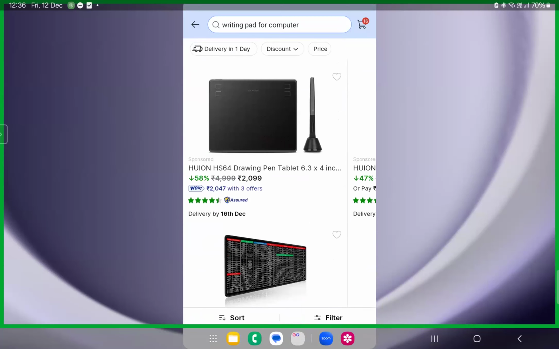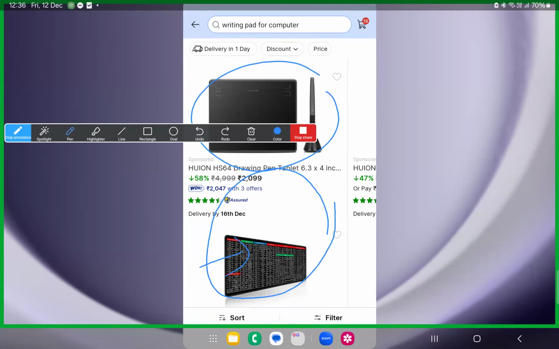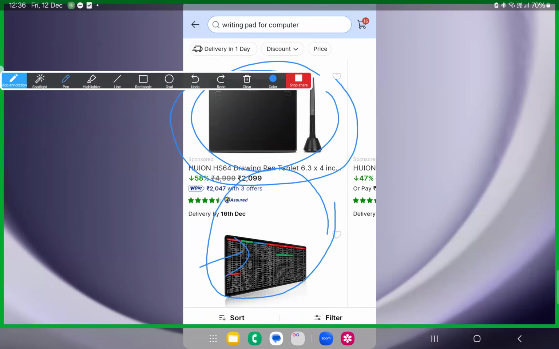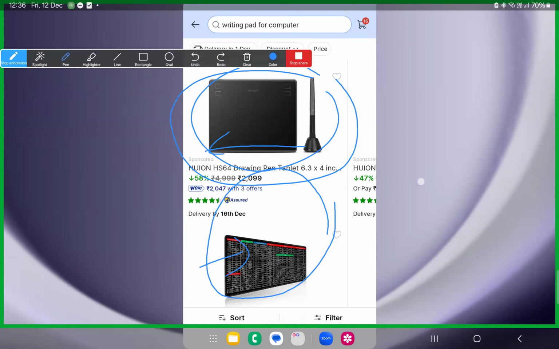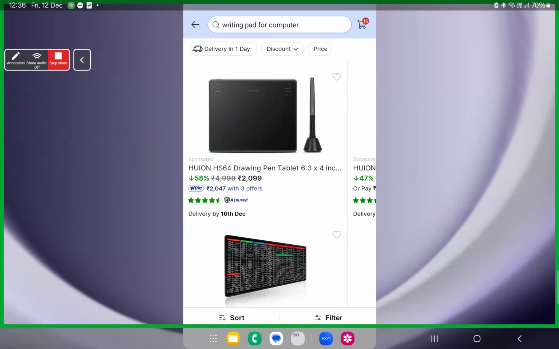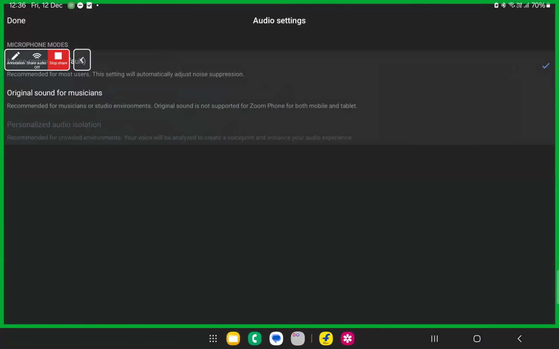Yes, exactly this one. A drawing pen along with the touchpad. You can just connect it to the laptop and write over here. Whatever you write will be displayed on the screen. So this is the thing that we can use for laptops. Getting it? Just give me a thumbs up.